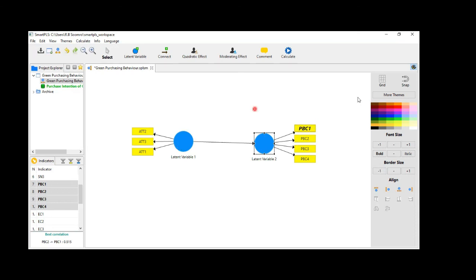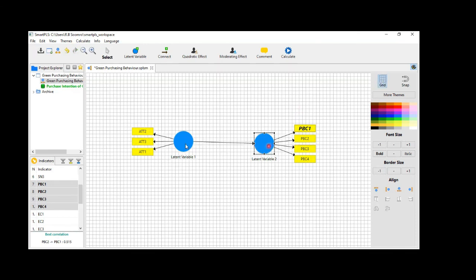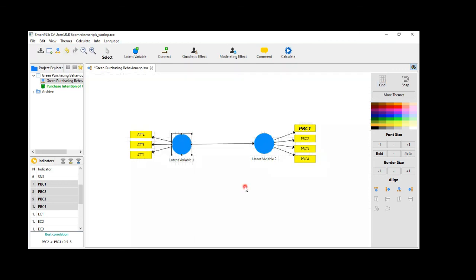Okay, so then another thing is a grid line. You can provide the grid line here because sometimes these variables are not exactly aligned to each other. Then you can draw this one and create it. So this grid line can help you to keep our model exactly aligned. This is the benefit of the grid line. If you want to remove this grid line, just click it and the grid line will be removed.